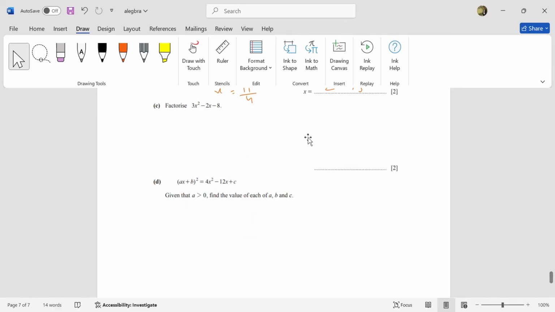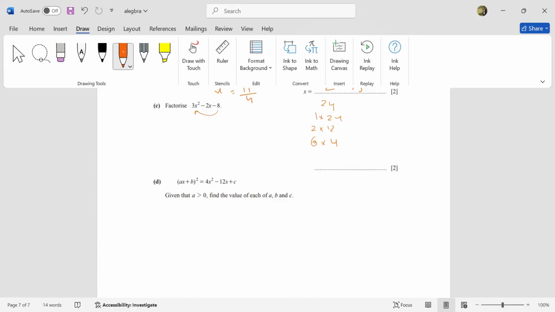Okay, 3x squared minus 2x minus 8. Now it's a factorizing question. We are going to factorize. Let's start. 8 threes is 24. Let's make the factors of 24. Paired factors, we can go 1 into 24, 2 into 12, then 6 into 4. Then we can go for 8, 3 into 8. So I guess 6 minus 4 can give us